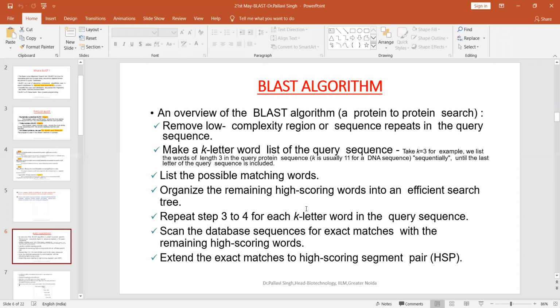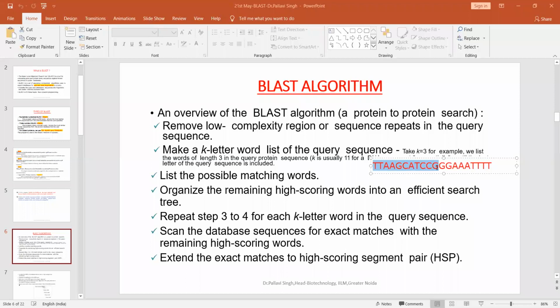But how do we do it? When we start searching, let me use annotation to tell you. Let us say I had a nucleotide sequence of this size: A, G, C, A, T. I have this sequence. In the case of nucleotides, it will break my given sequence into K-letter size sequences. So this K is 11. That means it will take 11 letters: 1, 2, 3, 4, 5, 6, 7, 8, 9, 10, 11. From T to G, it is the first stretch, as I have highlighted.